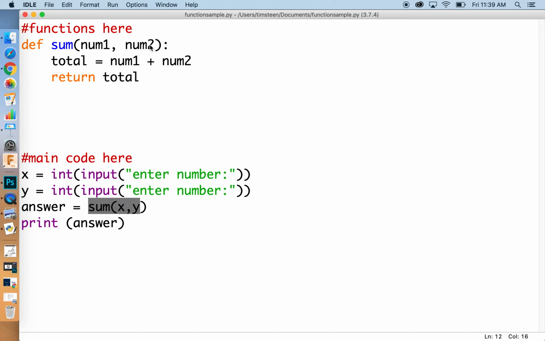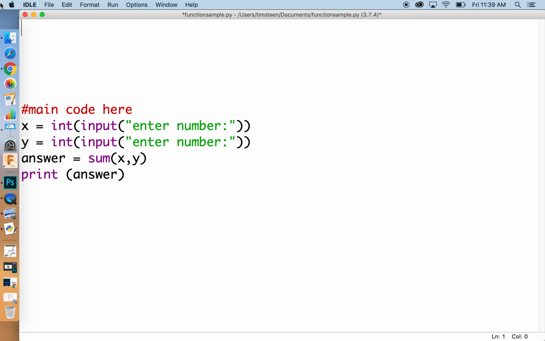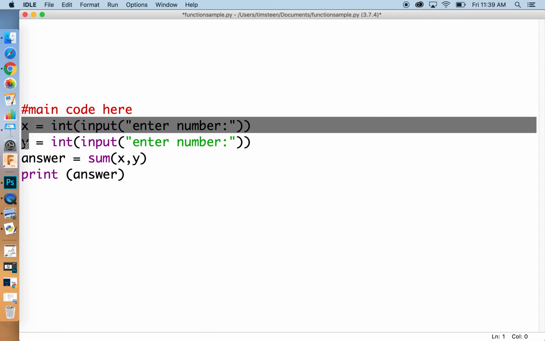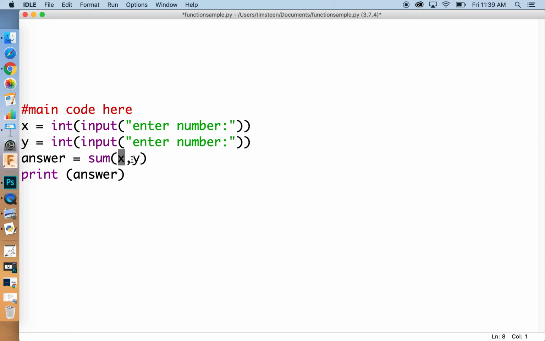When we call a function, pretend like we don't even know what the function is. So that doesn't exist anymore. We're just going on our merry way. We're making a variable that we might have called anything. We're making another variable that we may have called anything. And so when we want to find what those two things add together, we just say, okay, go send it